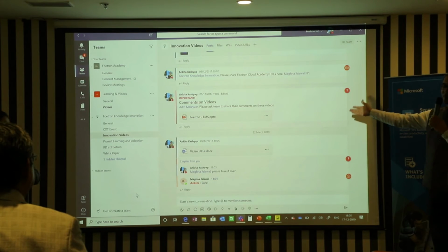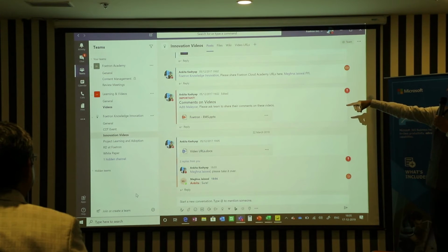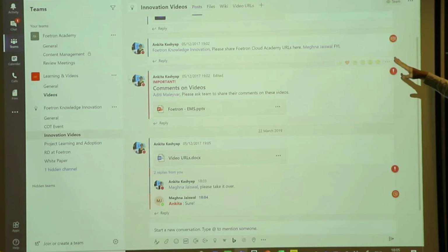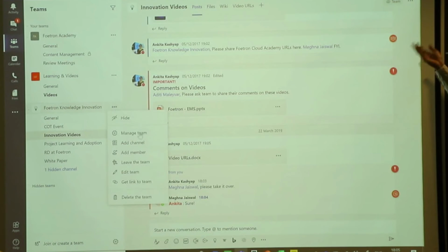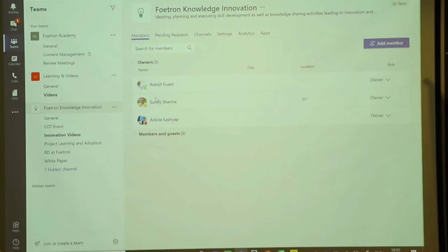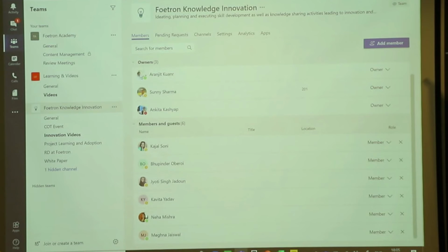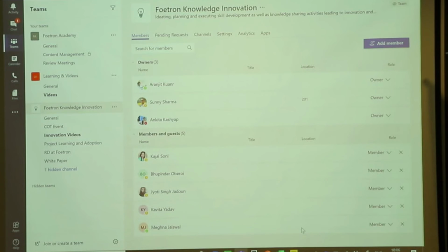Here, if a team member leaves, can you show the members, Ankita? If a team member leaves, you remove that member and add a new member, and the new member will have all the access to the content on the team, previous, new and old both, and you can decide. So if you have a junior member joining in and you don't want to give any historic access to the conversations on the team, you can do that when you're adding the member. So these are the members. You can remove a member, add a member, and when you're adding a member, you can decide what access they would have to all the historic conversations or just the new conversations. Anything that you can think of has been built.